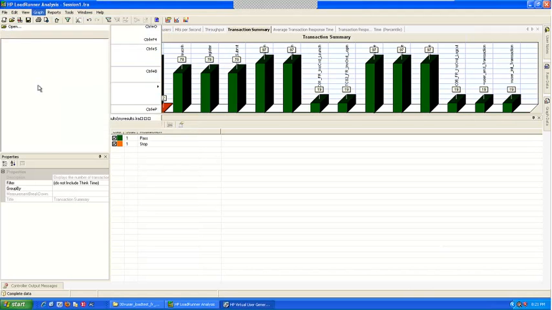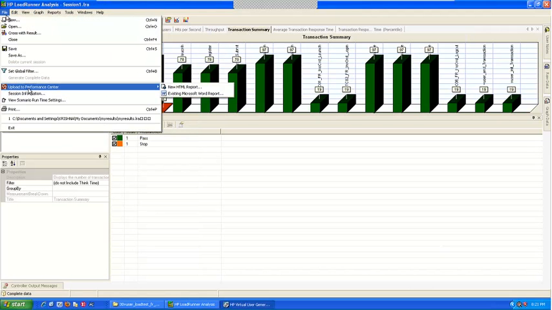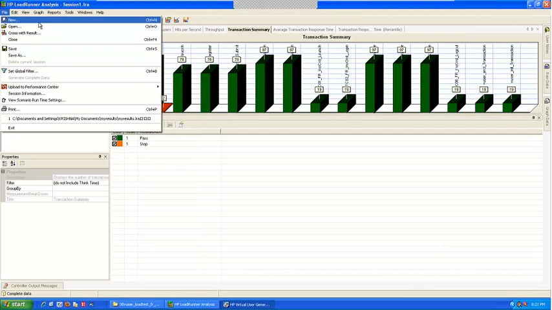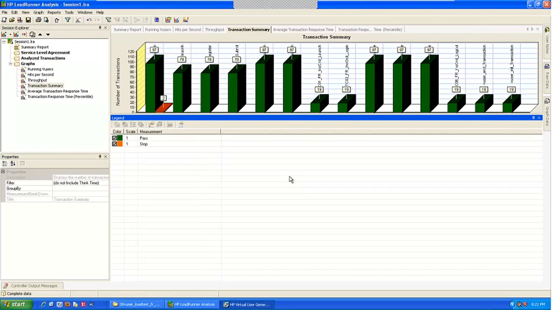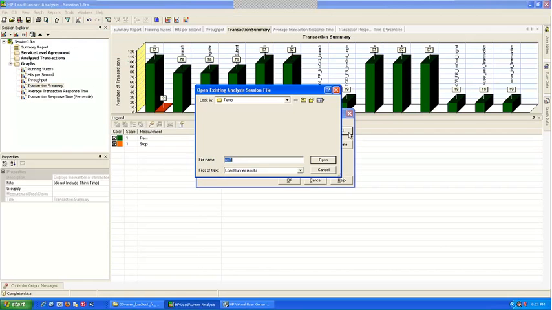Similarly, you can upload it into your performance center. We'll talk about the reporting later. So the next one, what you are going to see is cross results. That means if you have two test runs, you can click on this cross result. It will open this window. I can add another test. You see here, I'll go to the folder where I have saved it. Let it load.